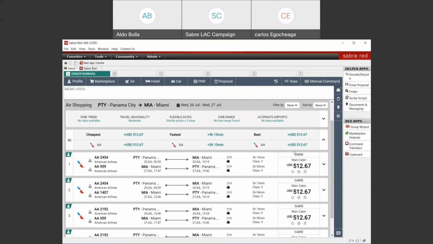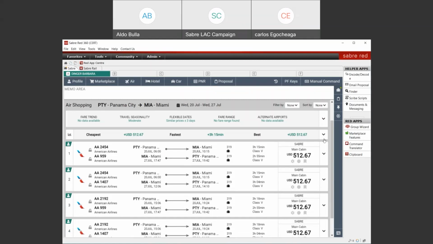And then Sabre will be considering both options, and will show you the results based on the other two alternatives. So let's close this, and we go now to our itinerary option. Okay, so remember when searching availability, or air shopping actually, within Sabre Red, you will have around 200